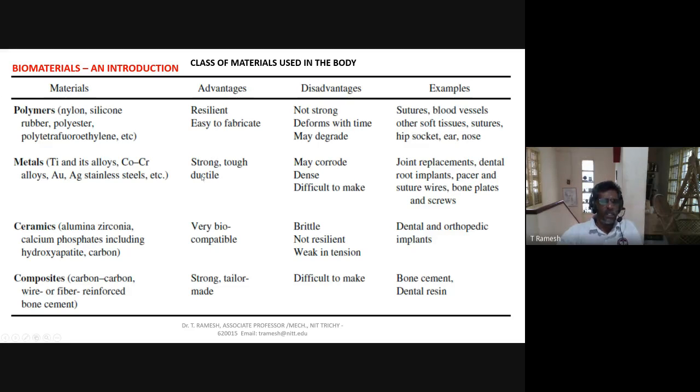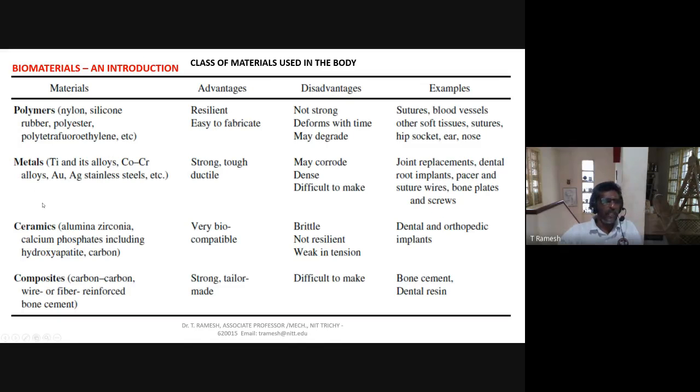And metals are already used, for example titanium and its alloys, stainless steels, etc. The advantages of using such metals are that they are strong, tough and ductile, but they may corrode, the density is very high, and they are difficult to manufacture. Examples are that joint replacements are already made from metals, dental root implants are manufactured, and pacers, suture wires, bone plates and screws already exist from